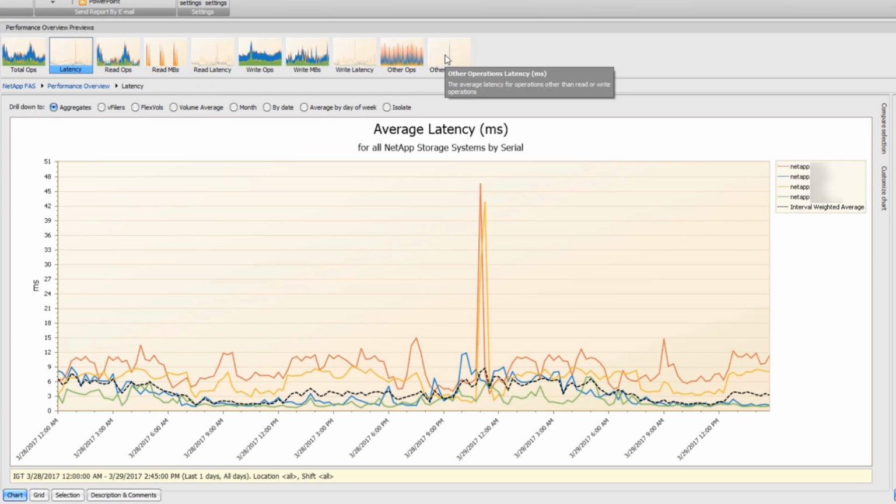So to summarize, the performance overview is an excellent way to see all of your NetApp systems in a single pane of glass and to drill down to see who's driving the workload and what hosts or host initiators are associated with those, especially which FlexVols are